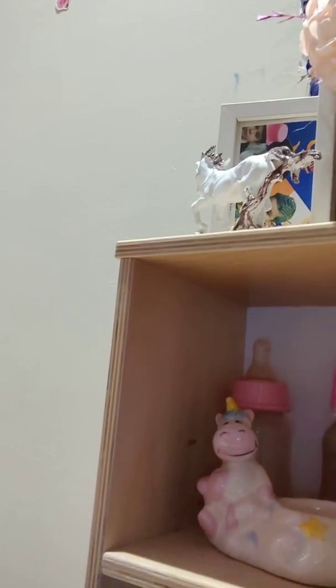My mom and dad. Okay, and then here I have this horse thingy inside my family's pictures. And then here I have teeter toys for my reborns. And then here I have a microwave that has some stuff in there. Okay, so then here I have the unicorn play set, and then here I have my medicine, and then here I have all the bottles, the back. Okay, and then here I have the oven,